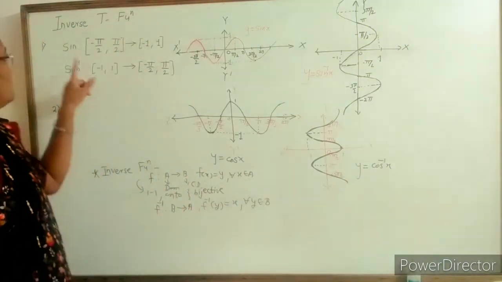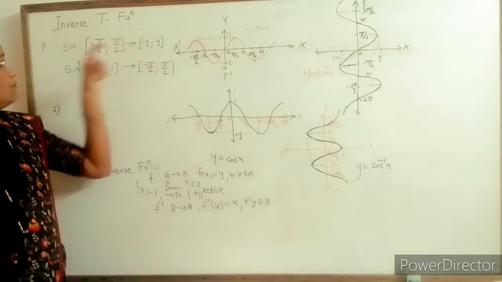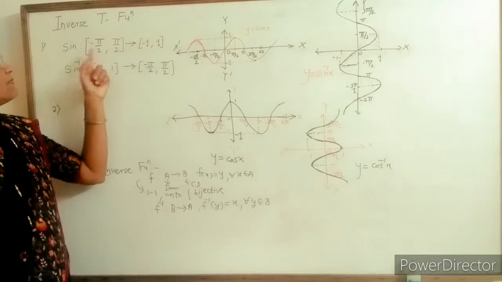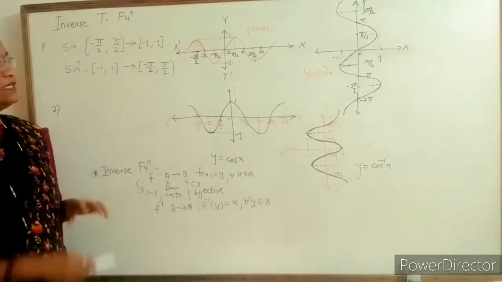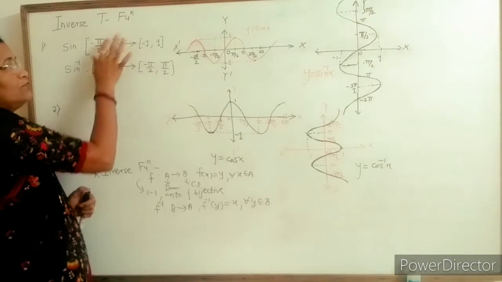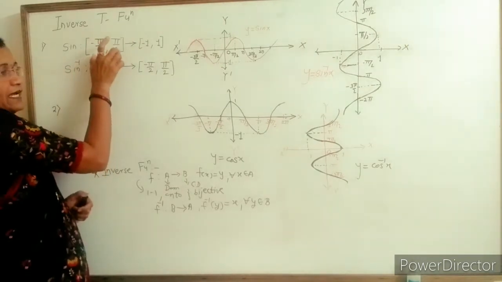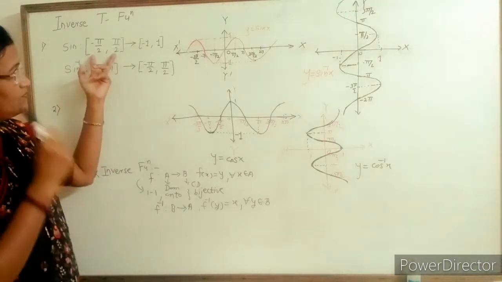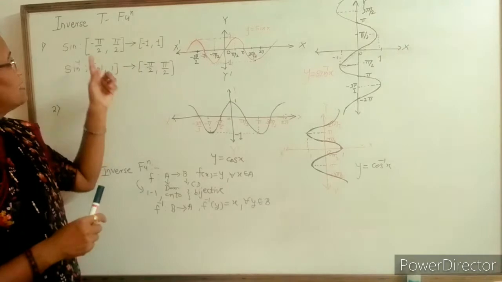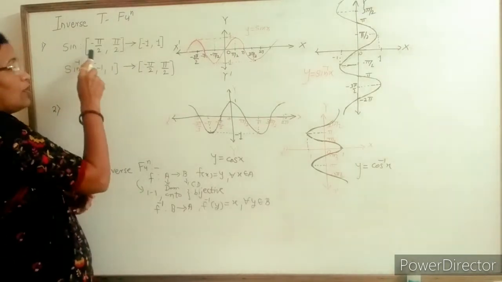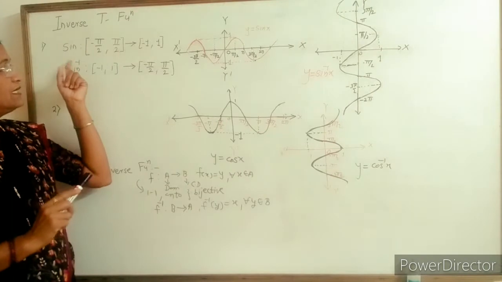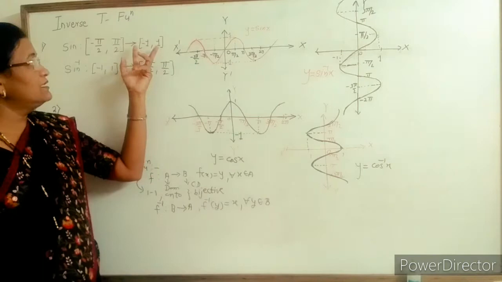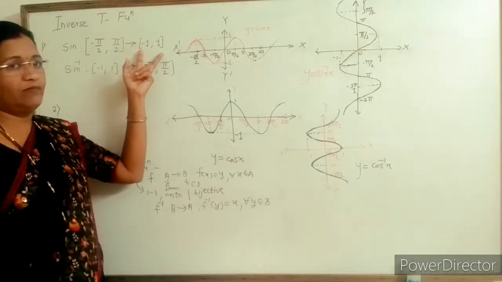As you know, the sine function is a standard function that can be defined from the closed interval -π/2 to +π/2, means the domain of that function is from -π/2 to π/2. The interval may be finite, but there are infinitely many angles which lie between -π/2 and π/2. So on this interval, the values of the trigonometric function sine lie between -1 and 1. Here the interval is closed, means including both values.